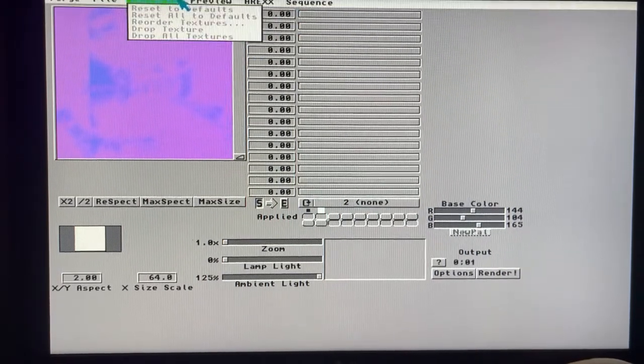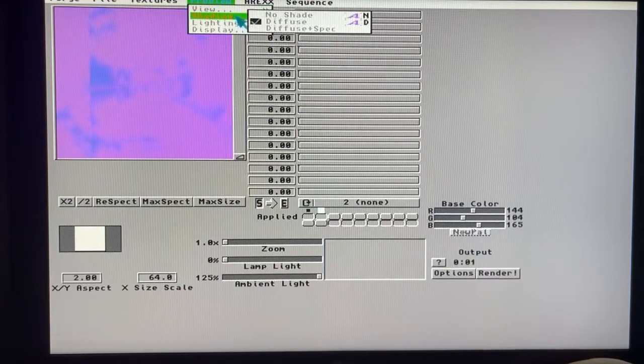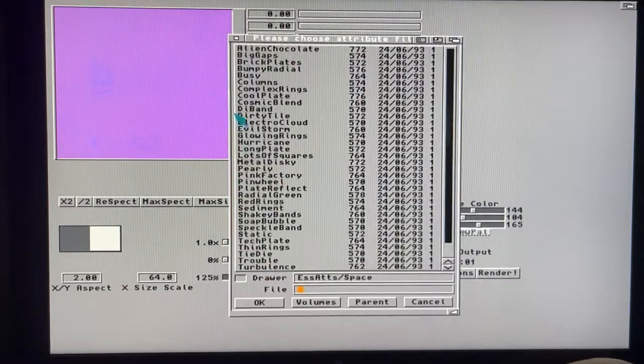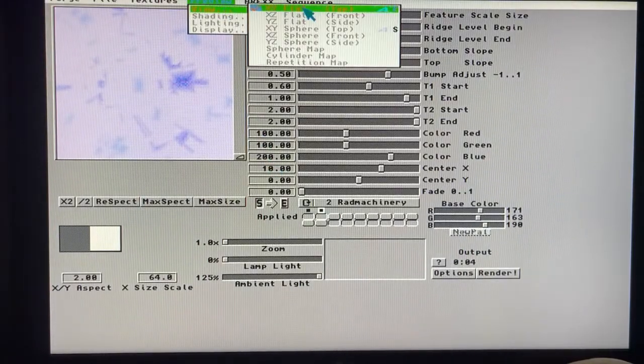So anyway, if you go to preview, you can control, as I've shown you what you're doing here, if you're going to see diffuse or diffuse plus spec. Remember what I told you in the lightweight video, specular is the reflection of the lights and the sunlight. So if you want to have some sunlight in there, let's say we load the attribute, let's load what we started with, metal disky, and we go to,